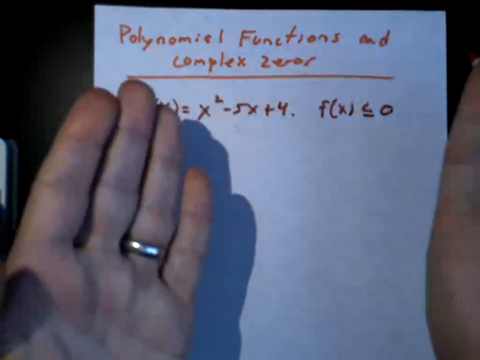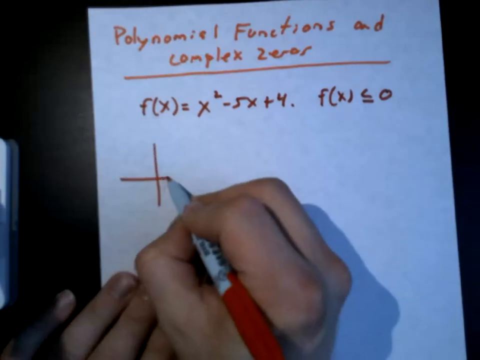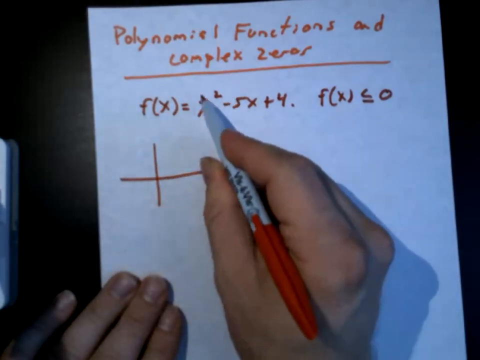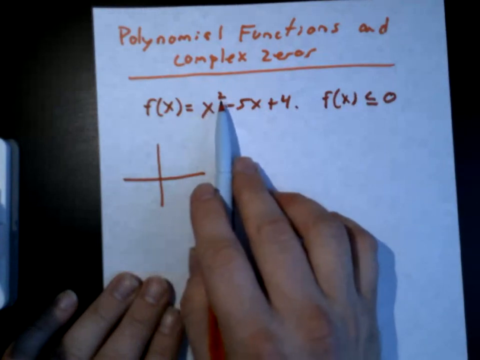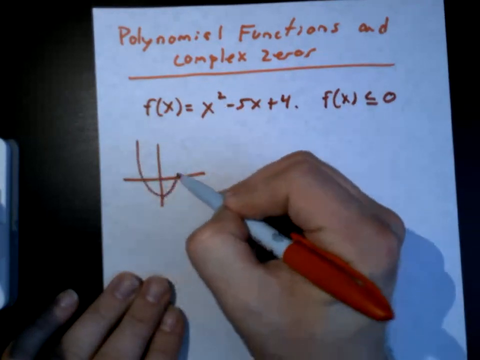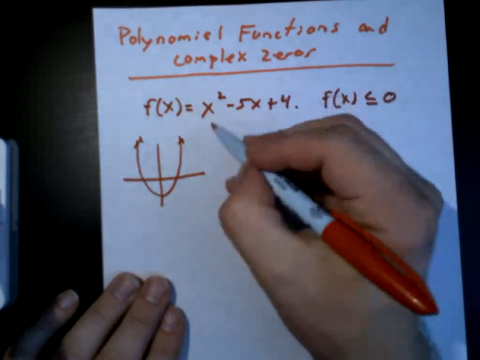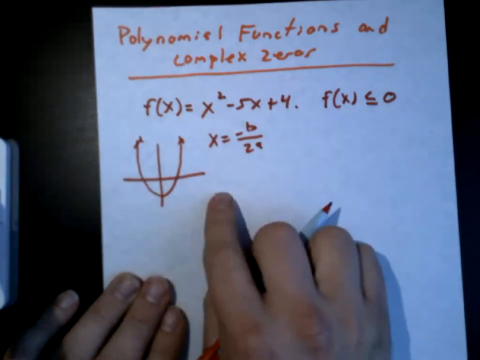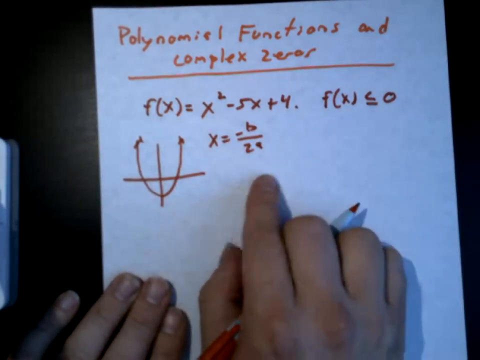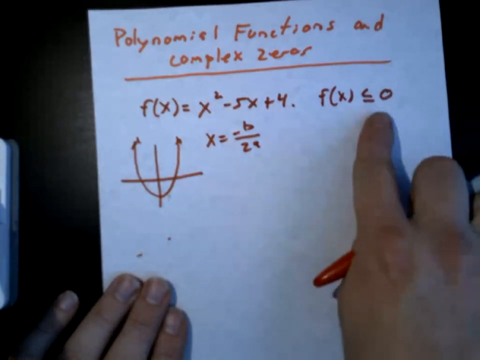So what if we had a graph? Now, we're not going to make the graph the best in the world, but I know a little bit about this already because I had a lot of math. I know that this is x squared. Well, x squared might do something like that. It might do something like that, but we would have to maybe find the vertex, negative b over 2a, and fill all that stuff in. But that will give you the vertex at a certain point. But remember, this thing is saying